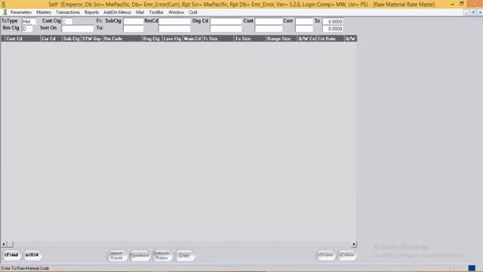Next, the rest of the fields which are asked over here are the fields for filtering the data. For example, here I need to get the records for customer US001.